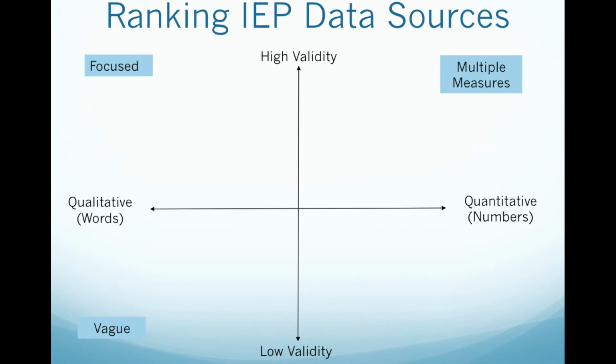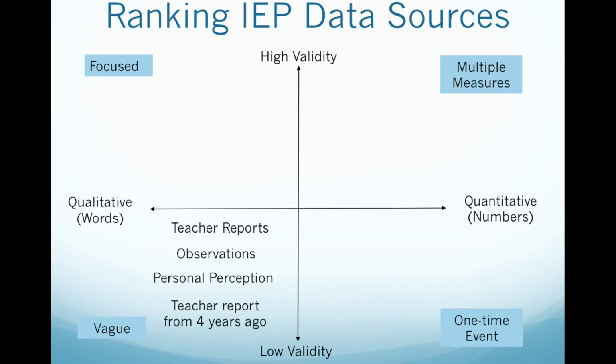We'll see what the kid is doing over a period of time, which makes it easier to project what we think they will do in the future. Quantitative data that's low validity will be a one-time event or have a very small group of kids included in the sample. So if we look at some examples, vague qualitative data may include our observations, which can be biased,